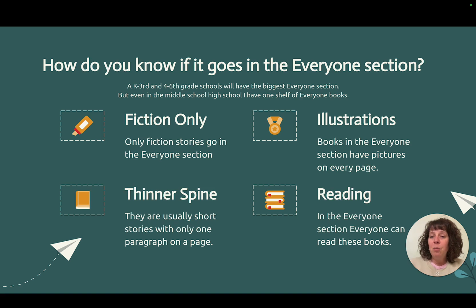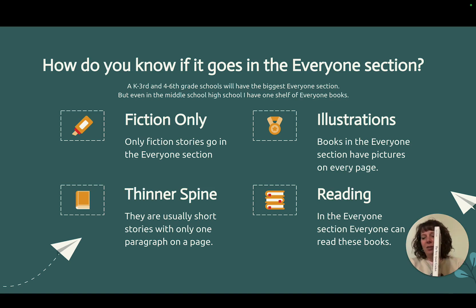Books in the everyone section have mostly illustrations. They have a lot of illustrations, and there's usually one on every single page. They also will have a thinner spine. So, for example, this is a book that would be in the everyone section, and you can see how